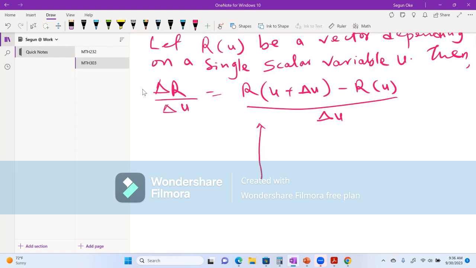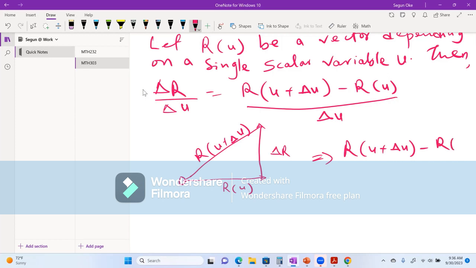This is our change in R here. Then there is a particular line here to meet the origin O, and this is R of u. Then the two of them give R of u plus change in u, so we have R of u plus change in u minus R of u,